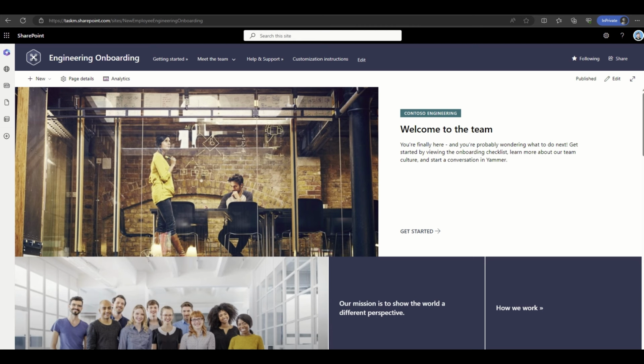Another use case is creating a platform where you can share, publish, and communicate with a specific audience. Now, here's an example of what they call a communication site. So the previous site we were just looking at is known as a team site, and this site is known as a communication site. So there's only two different types of site that you'll ever come across, but they're just